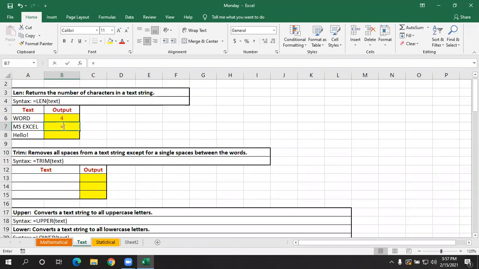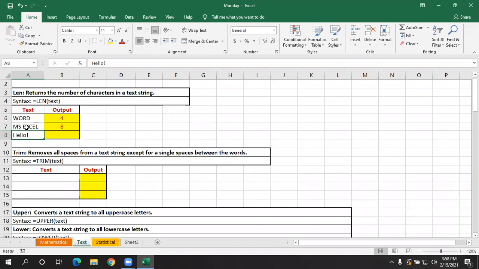If you select it and close the parenthesis, it shows 8. Your answer was right. If I don't give any space here, then it shows 7. But here, as it contains a space, it shows 8.